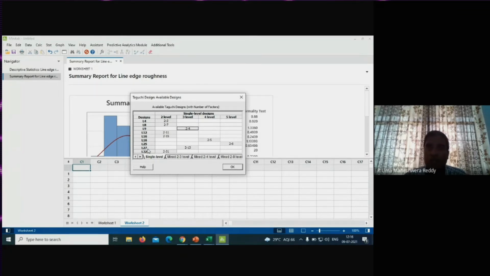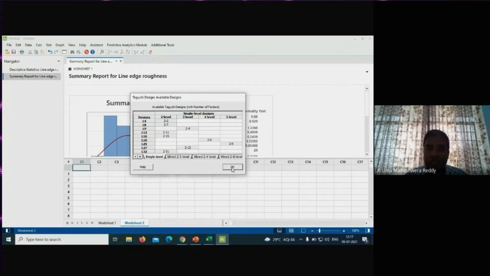Suppose 27 experiments involve a lot of time and money. You can reduce the number of experiments by selecting some other suitable orthogonal array. So now you can select the L9 orthogonal array, from which you conduct only 9 experiments without disturbing the performance. Here, as an example, let me select full factorial L27.